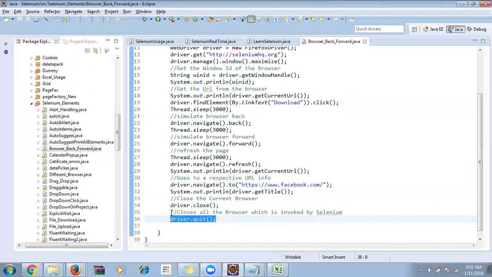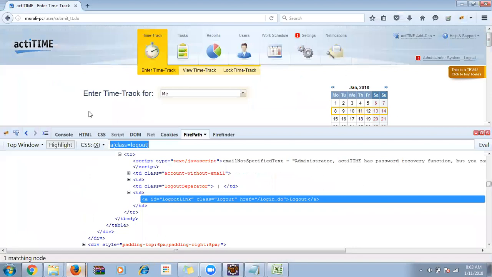Then we'll close the browser and quit. Quit closes all the browsers. So what does this mean? Currently I'm working on only one browser. In case I'm going to work on multiple browser sessions, in real time sometimes we work on multiple browsers, because when you click on a link or a button, it opens in another new window. For example, on the IRCTC website,